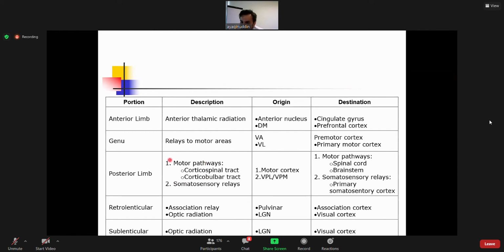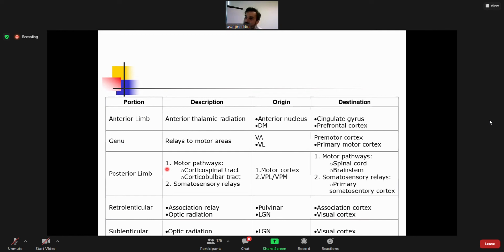So you have both motor fibers and the somatosensory fibers, which are present in the posterior limb of the internal capsule. That's why it is very important to know the posterior limb. If you have the posterior limb of the internal capsule damaged, you would have the whole half side of the body, including the face, lose sensations